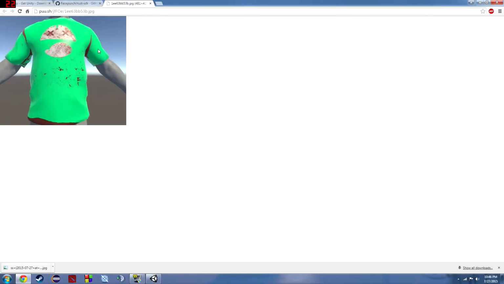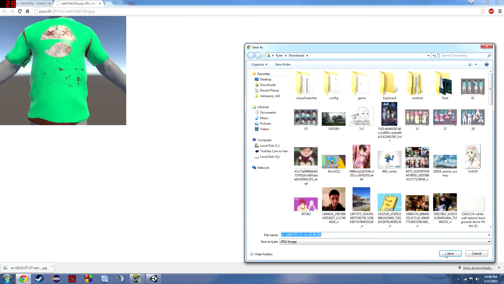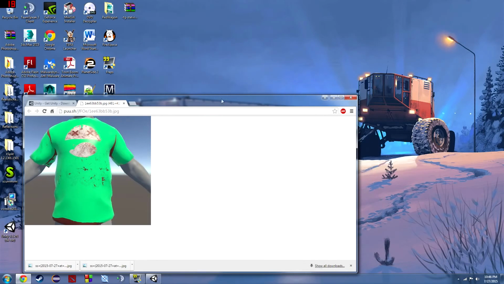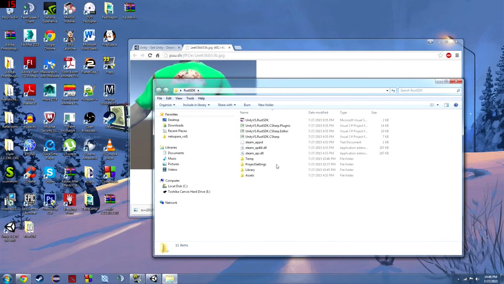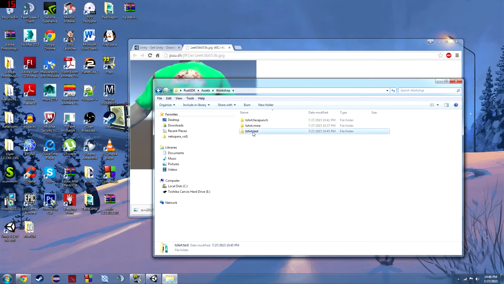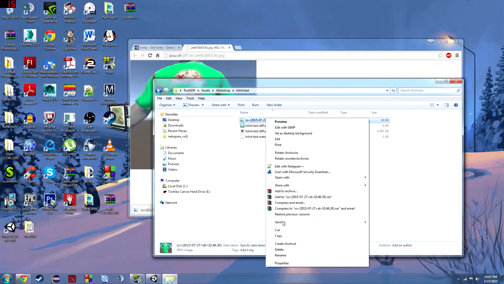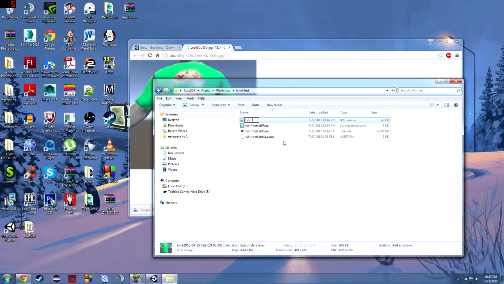So click on the link so it's all right here. Download the picture. And go back to the folder where your Rust asset is. So double click the Rust SDK. Go back to assets. Go to workshop. Go to your test. And then drag the picture into there, and we're going to rename it t-shirt dot test dot icon, and you got the icon for